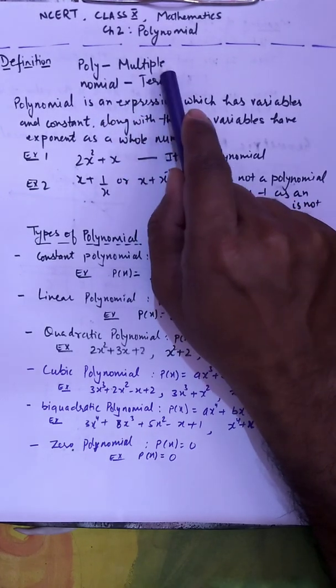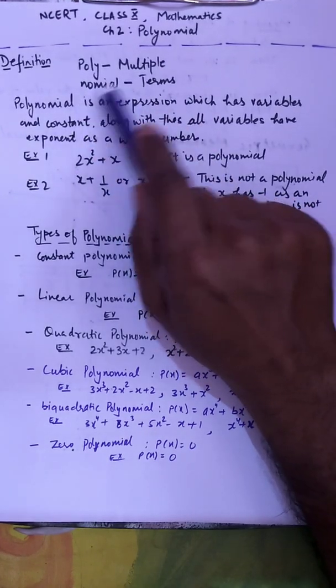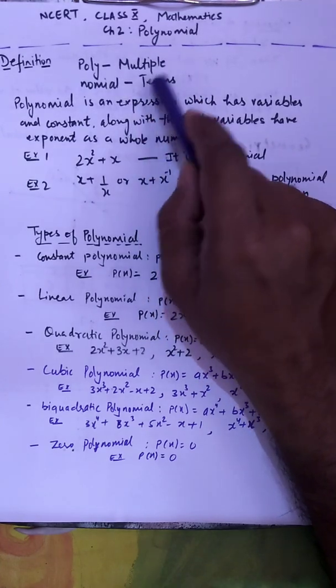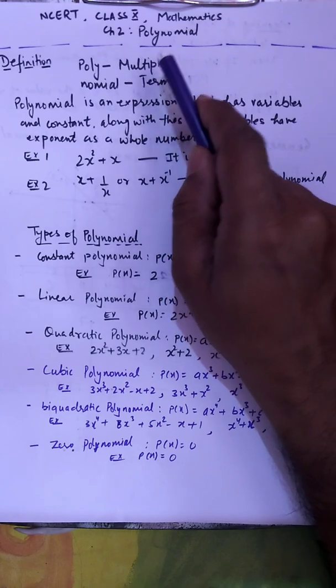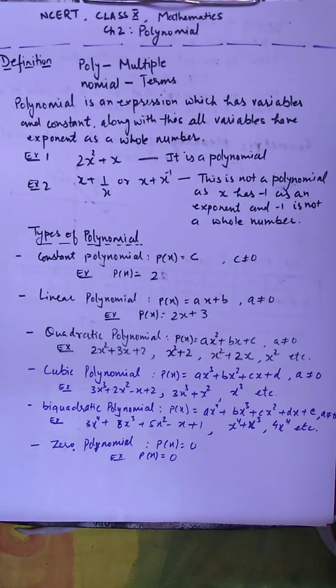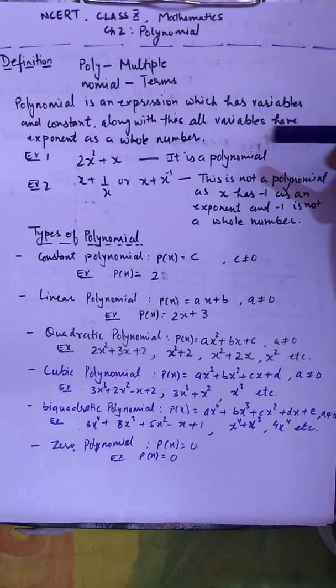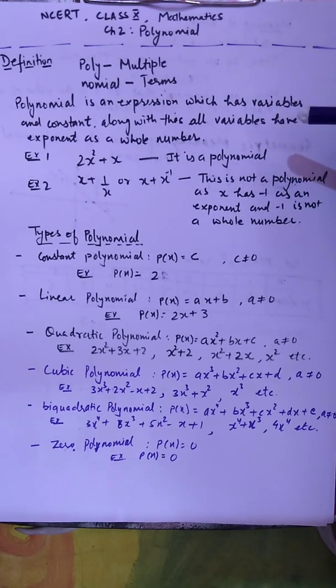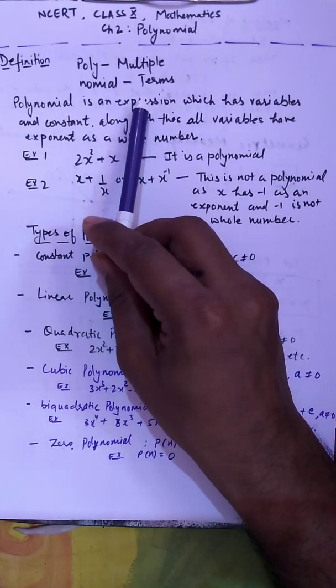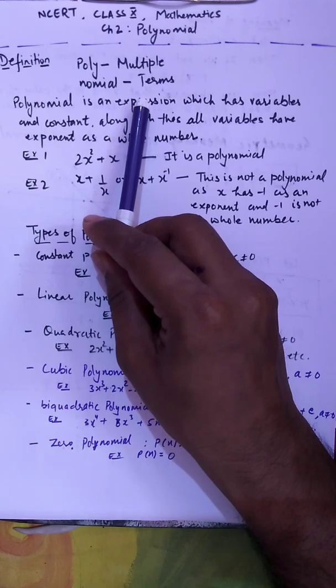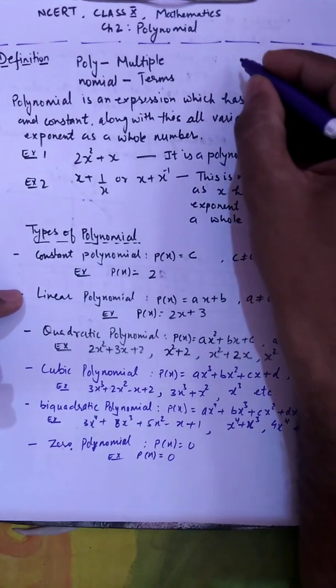So poly means multiple, nomial means terms. So it means an expression in which we have multiple terms. Now we can also think about how a polynomial can be defined. This is one of the ways of defining. You can have some other ways also, but see, a polynomial is an expression in which constants and variables are used. For example, the expression